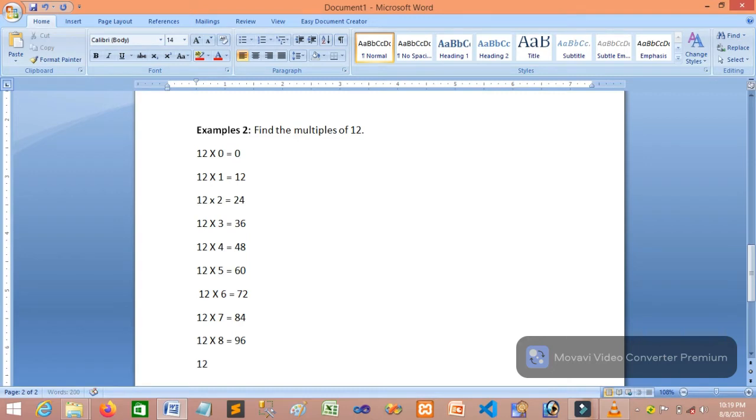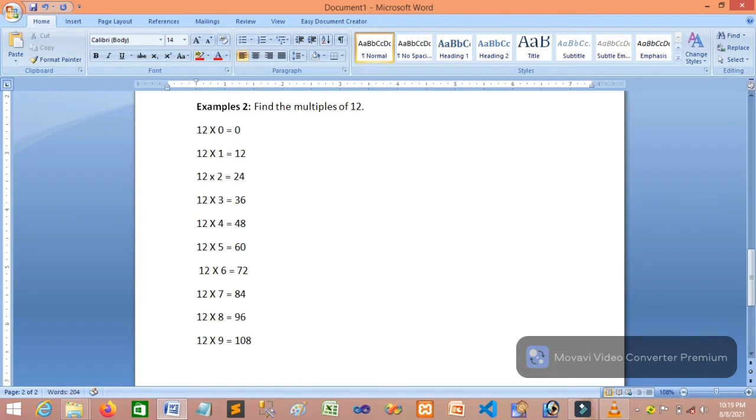Then 12 into 9, 108, then 12 into 10, 120, and so on. So if you write the multiples of 12, what is the 12? So therefore the multiples